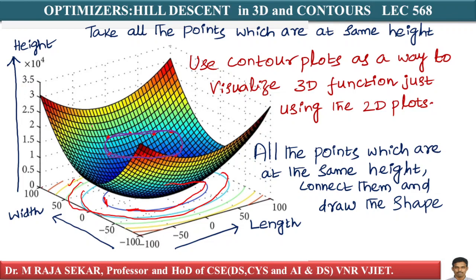All these points which are in the contours have the same height or same loss. This bottom plot, just see the bottom plot in this one. The bottom plot that you get here is called a contour plot. Let me show